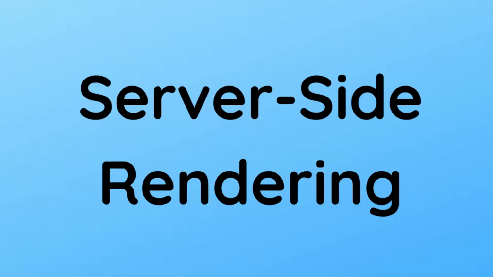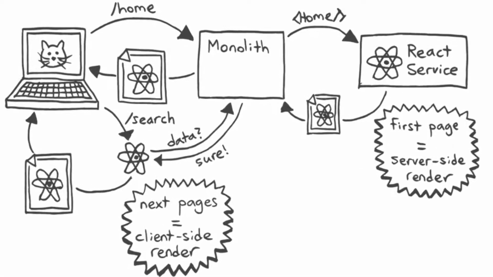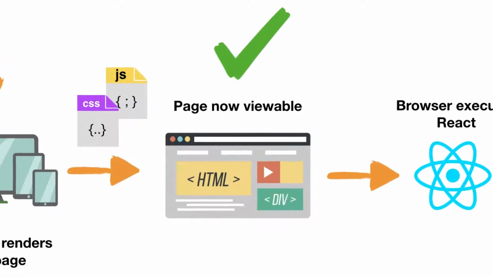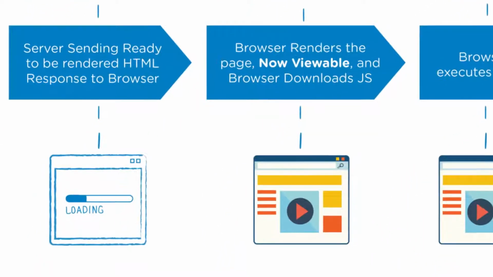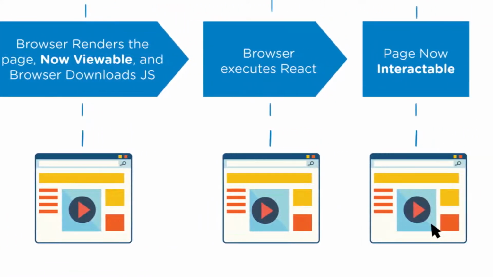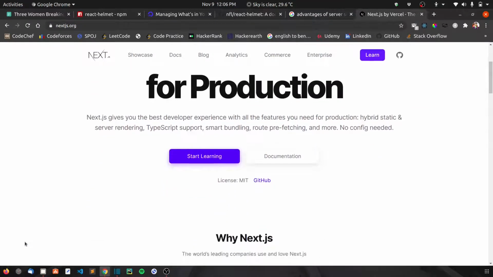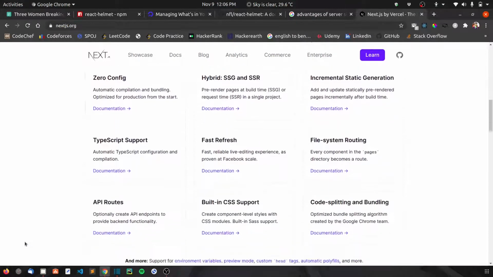But before going further, let's talk about what server-side rendering is. In short, it means rendering the web page on the server instead of rendering it in the browser. The server sends a fully rendered, static page to the client browser. It has some special advantages like fast loading, good for SEO, and support for outdated and low-end devices. You can make your React app server-side rendered using Next.js. It automatically renders React on the server side using Express.js.